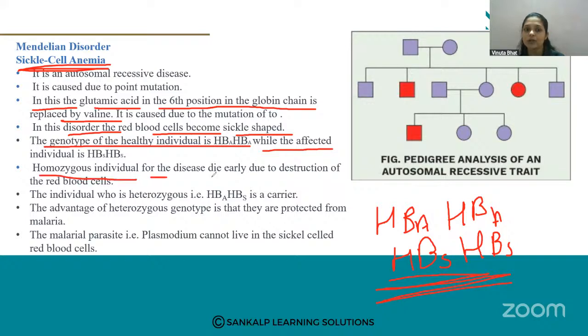Homozygous individuals for the disease die early due to the destruction of the red blood cells. The individual who is heterozygous, that is HbA HbS, is the carrier, because it is transferred to the next generation. So this HbA HbS condition is a heterozygous condition. Let us see